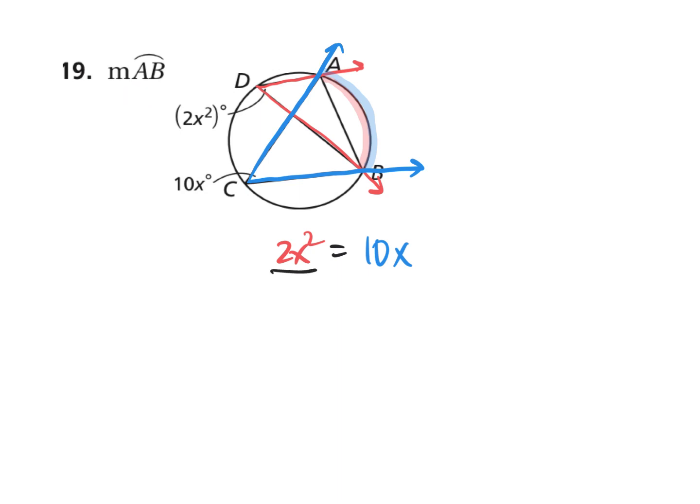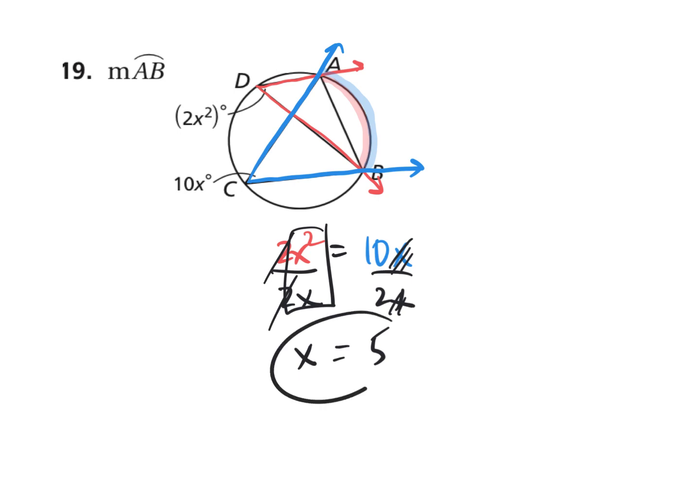We can divide both sides by 2x, and then 2 divided by 2 is 1. X squared divided by x is just x, and 10 divided by 2 is 5, and x divided by x is 1. X is 5, and therefore the measure of arc AB is, well, we can think of it as